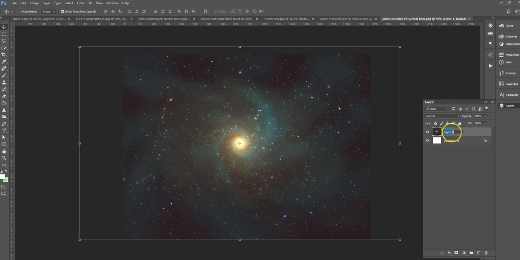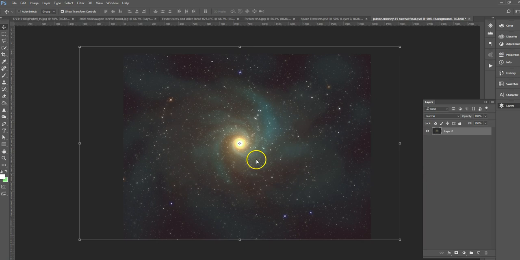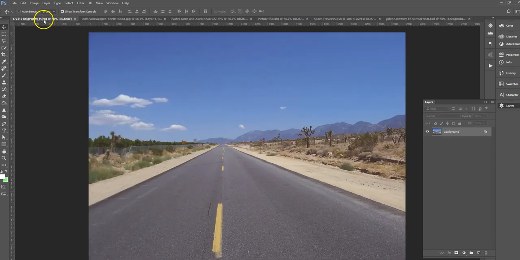Okay, so there's my first layer, and I'm going to name this Background so we can keep track of things. And so I'm finished with that one now. I can close that image, and I don't need to save it. And the next image I want to use is the one with the road. So I'm going to use the